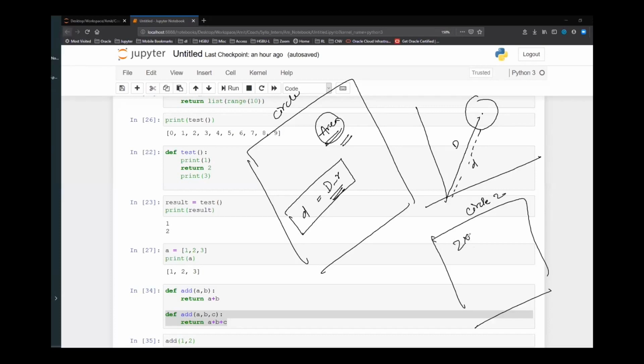So double of area. Now, whatever code I have written for area, I have to copy paste the same code here as well. There is a better approach. If I had functions, all I can do is invoke those functions. I would have written the code just once and then start invoking those functions.